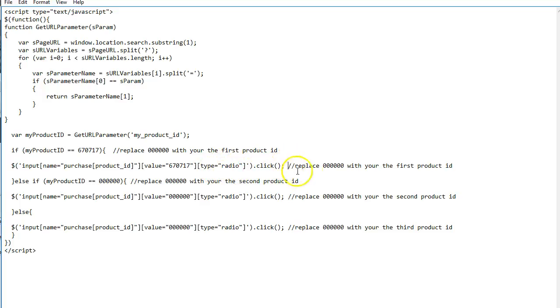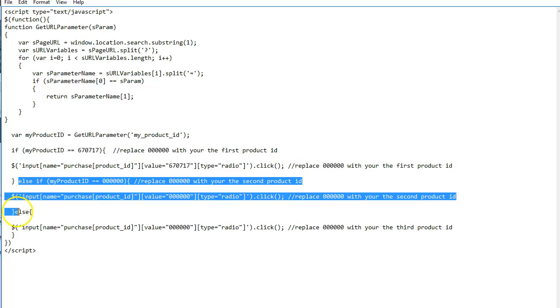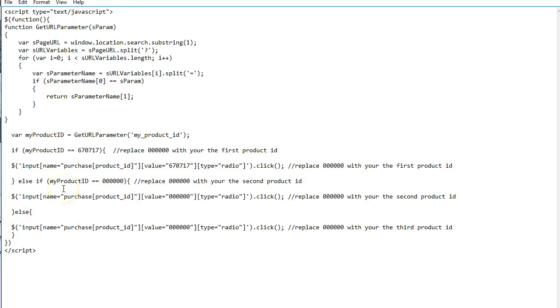Now there is code in here, like I said, that's basically saying replace the 000s with your first product ID, so we'll replace that with the first product. And same thing here, we want to replace that 00000 with the first product ID number. Now here's where it kind of changes. If you only have 2 products, you're not going to use this. Well, if you only have 2 products, then